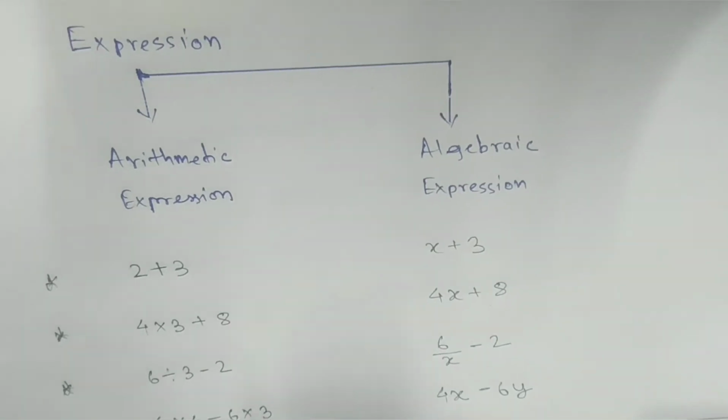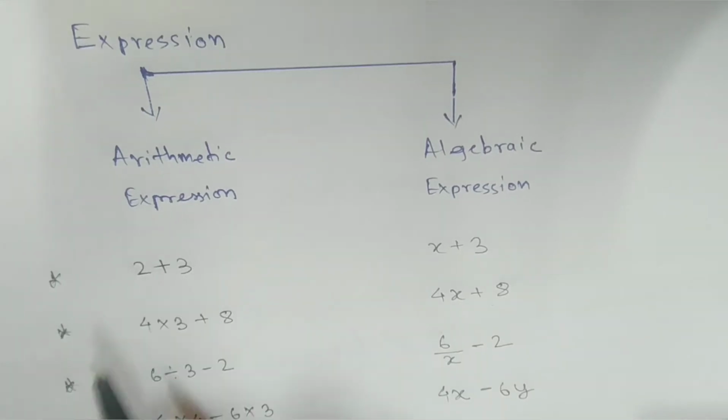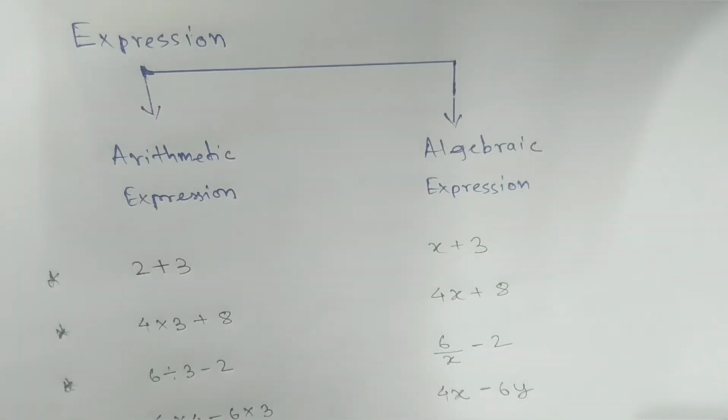Here you can see that the numbers are constant. Like if I tell you there is a 2, that means 2 only. If I say that there are 5 students, that means there are 5 students only. If I say your weight is 60 kg, that means your weight is 60 kg, if you measure it after that. So here,